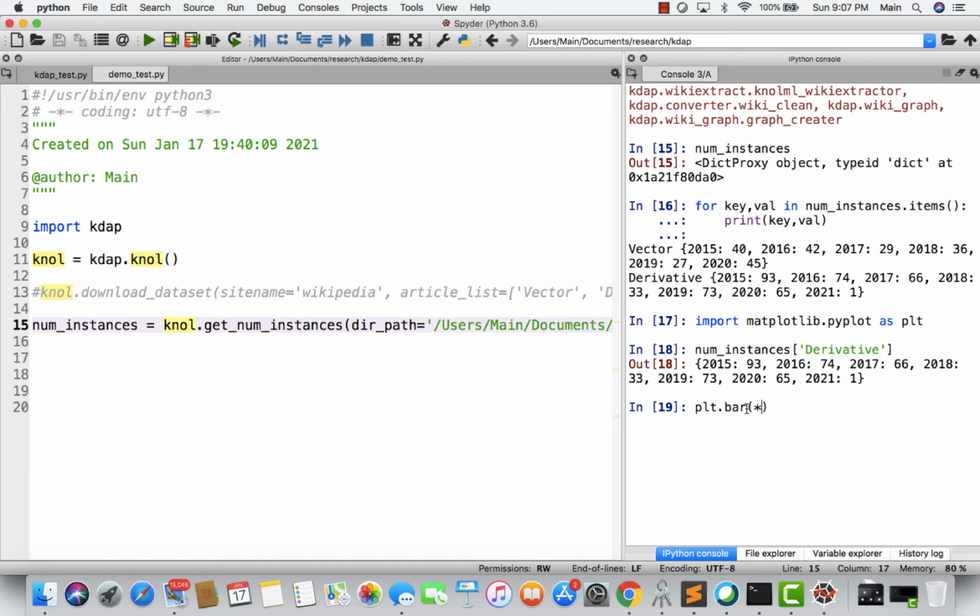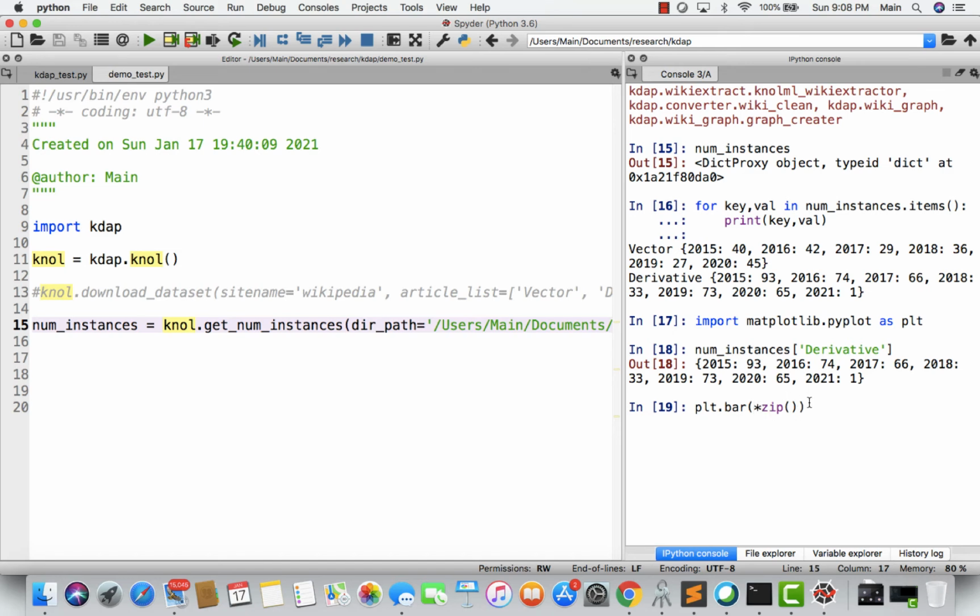The reason I like Python is, we all know that it's very slow, but still you can do a lot of things in one line of code. Same idea that we are trying to use through KDAP. Okay, so I put a star here so that we can zip the data into a single tuple.